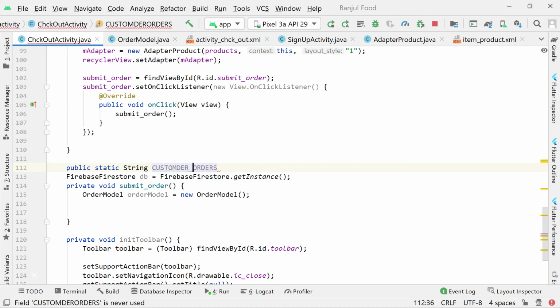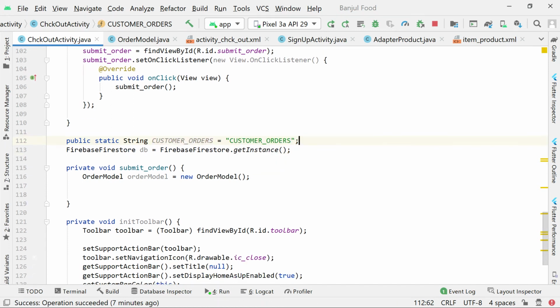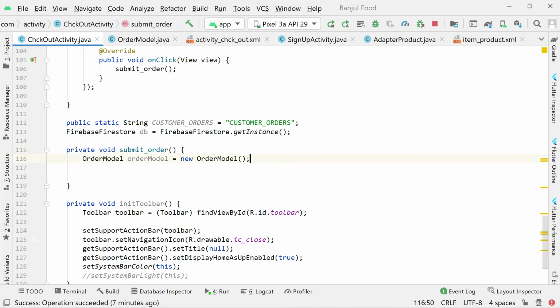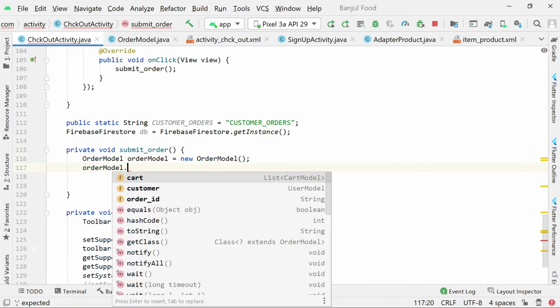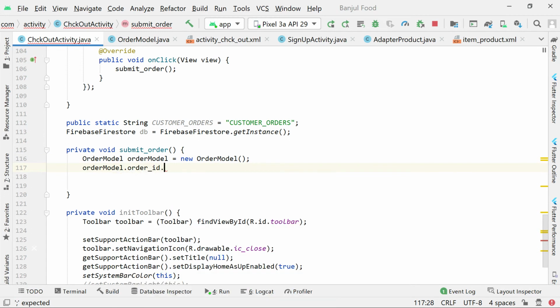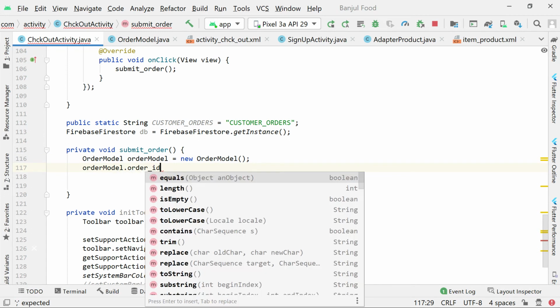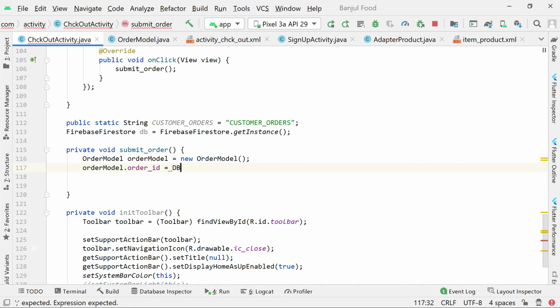Customer orders is equal to customer orders. That's going to be the name of the collection table for the customer orders. Okay, so what do I do now to get the order ID? It's going to be order dot order ID. Order ID is equal to db